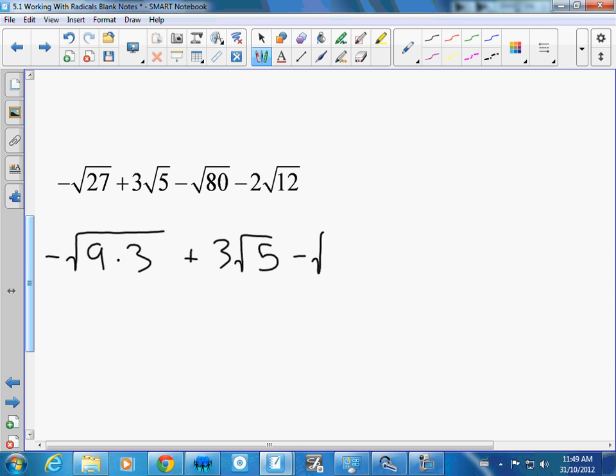Let's do 80. Now, obviously, 80 can break down. We tried 1 and 80. That doesn't work. Next one is 2 and 40. Nothing there. 3 doesn't work. 4 and 20. Well, 4 works, but 20 doesn't. Let's try one more. 8 and 10, but can you take the square root of 8 and 10? Either of those? Yeah. No. What did we miss? Something? 5 and